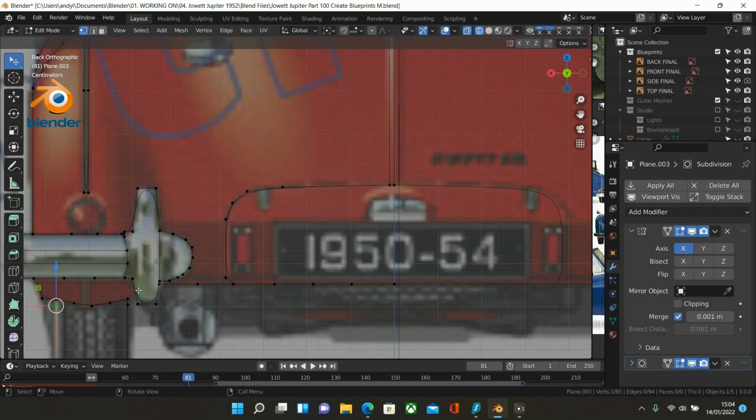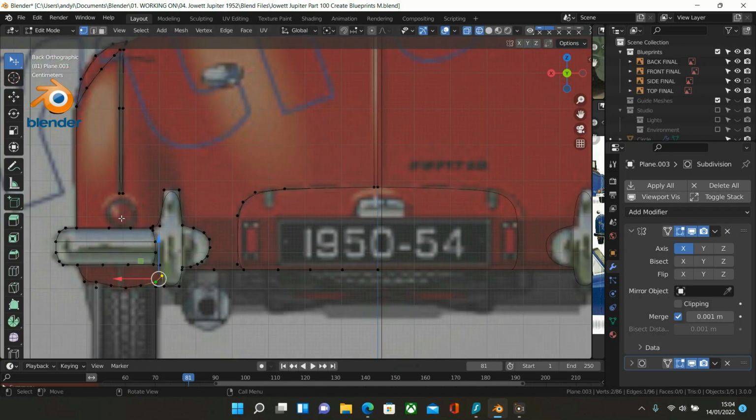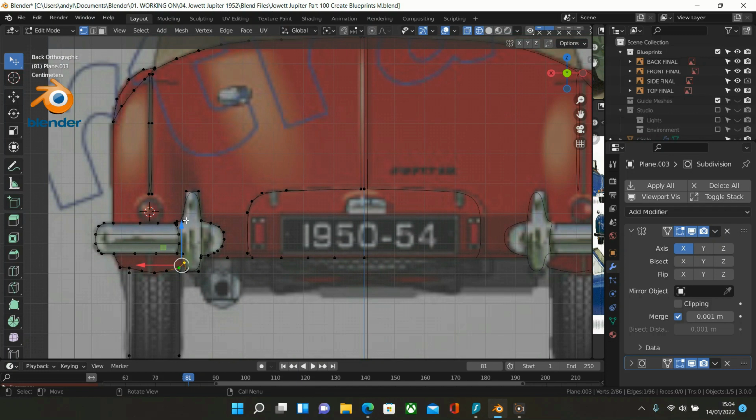So we need another loop cut in here, and join those two together. So press F. There. Let's have a look now. So that's better. Now press Shift and right mouse about in the centre there, then press Shift and A and